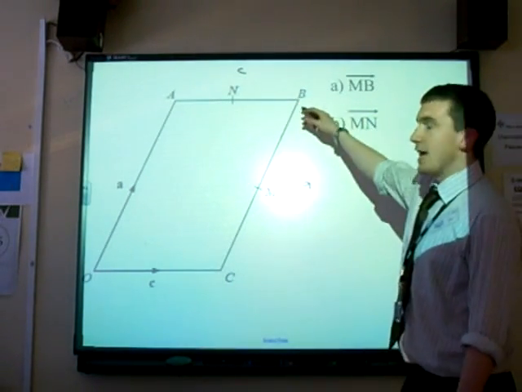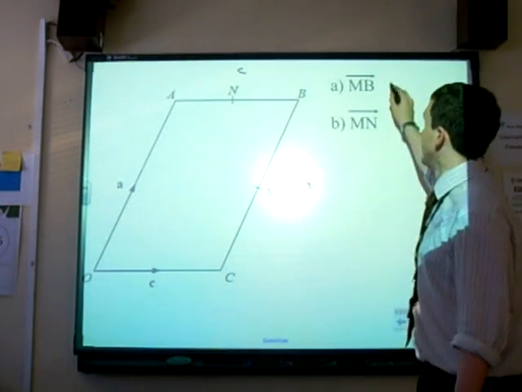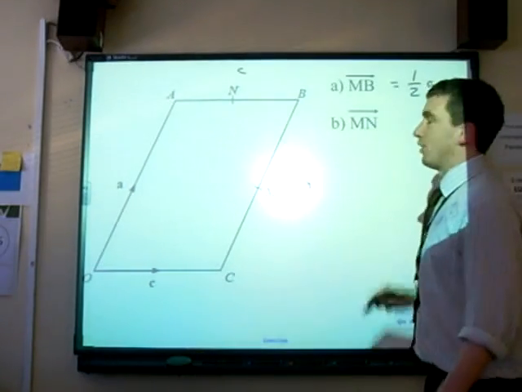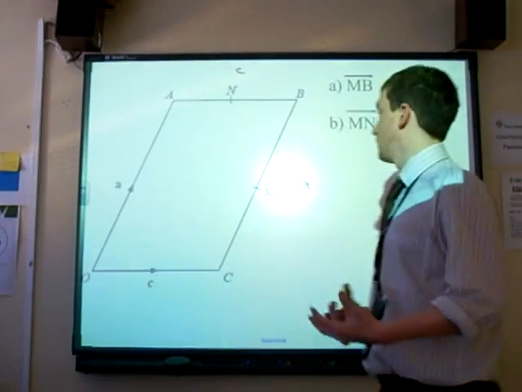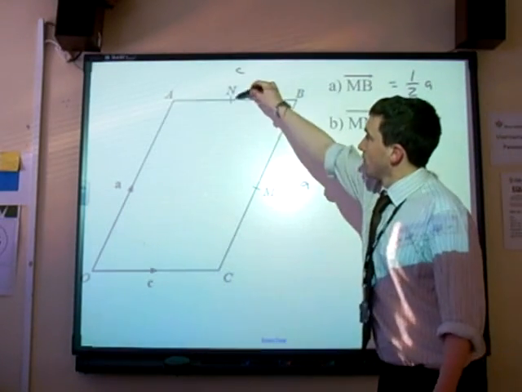So luckily we're going from M to B. Well, if all of that's A, M usually represents the midpoint, so we are doing 1/2 lot of A with traffic, so it's positive. M to N, again it's one of those tricky ones where we're trying to get from